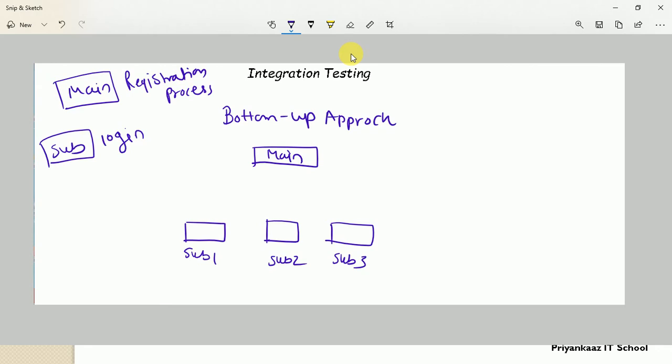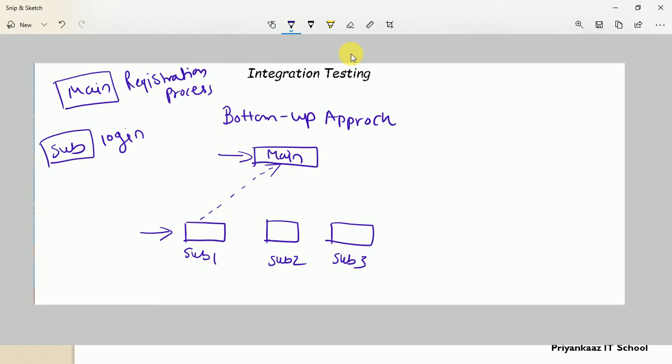Suppose for the XYZ application, now what is the concept of bottom up? Here the developer first focuses or concentrates on the sub modules. These sub modules are nothing but what we can call child modules, right? So in this integration, what we need to do? First, the developer concentrates on the sub, then on the main, then the sub modules need to integrate with the main module. Clear? So integration is performed in this way. With the help of this, we can test the relationship between these two different modules, and this is the bottom up approach.